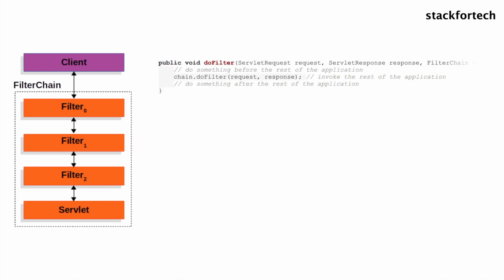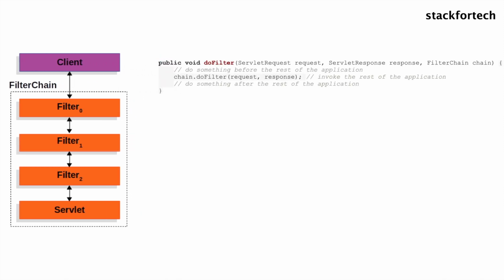One of the most common methods available in these filters is the doFilter method, which accepts the HTTP request and HTTP response as input and gives you an option to apply some logic. If you want to throw an exception, you can very well do that, or you can pass the request to another filter, or you can apply some check before sending it to the next filter. You can do that in the doFilter method of each of the filters.